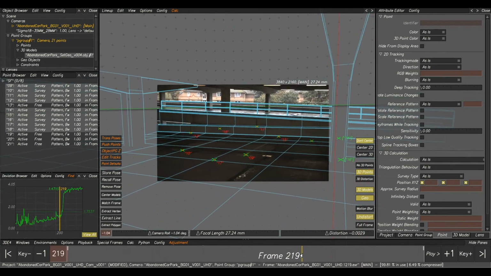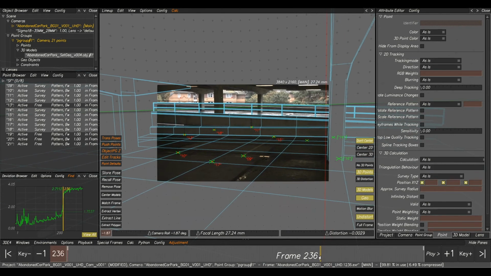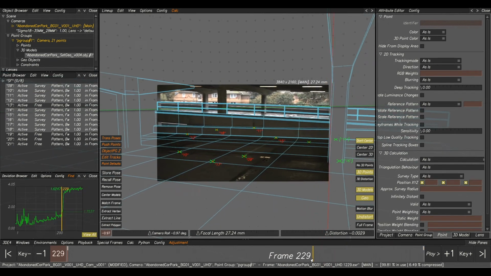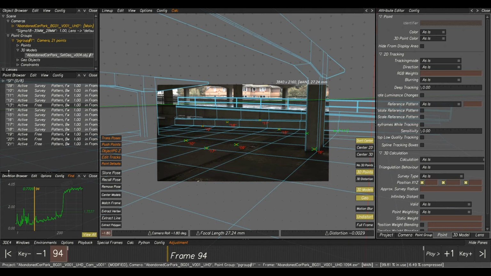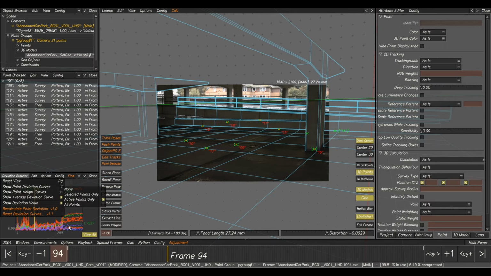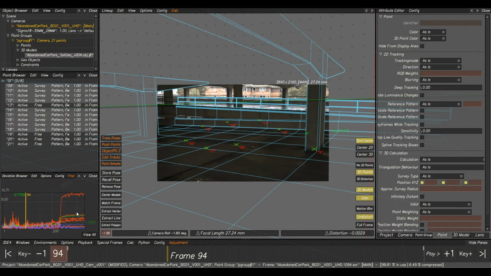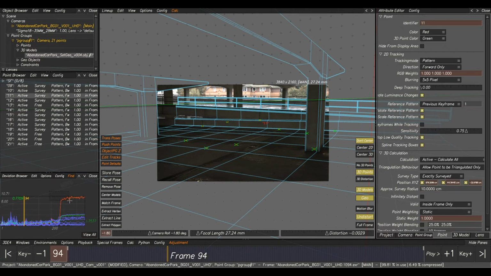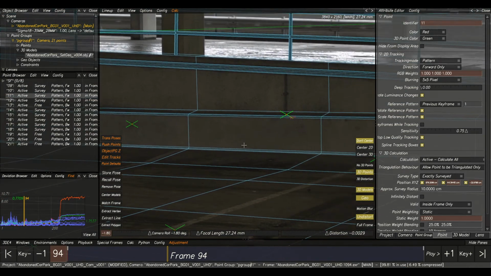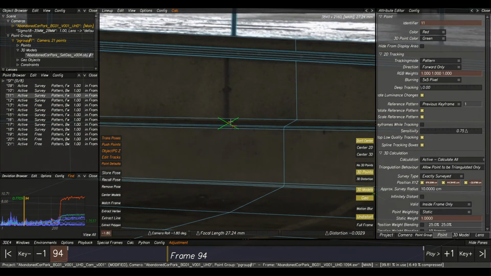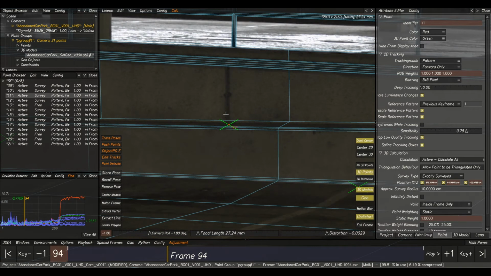And if we have a look where it spikes up, it's quite hard to tell. But what we can do, if we go to our deviation browser tab here, click on it, and go to show point deviation curves and active points only, we can have a look and see which ones are causing us problems. And this one here looks like it's causing us a massive problem. Let's zoom in and have a look. So it looks like it's definitely projected, possibly into the wrong depth. So if we actually survey free this,